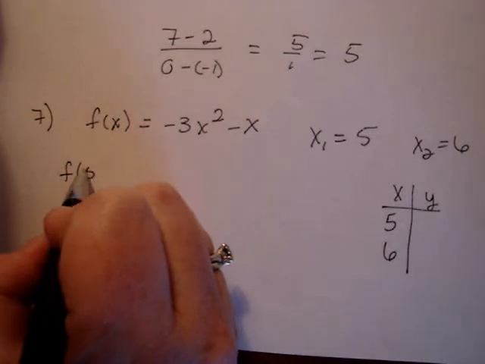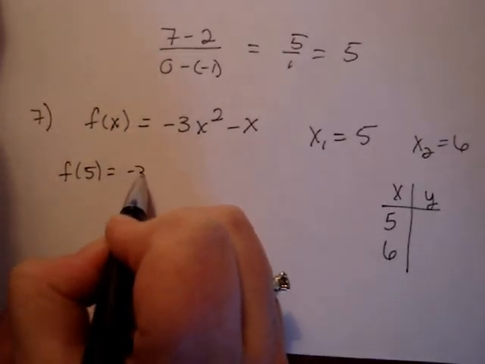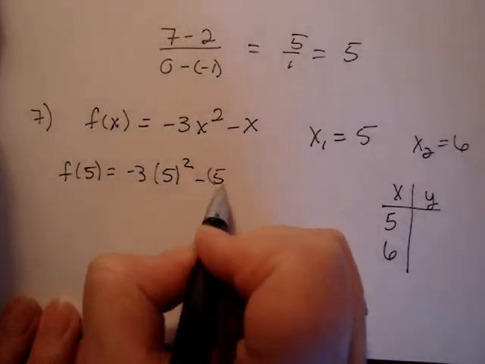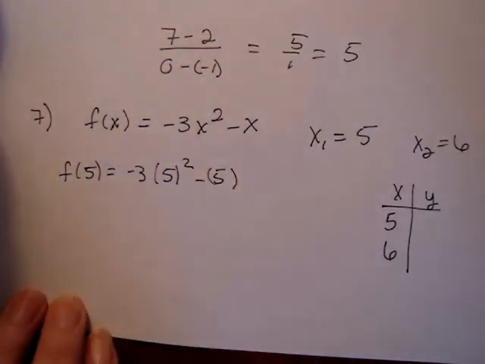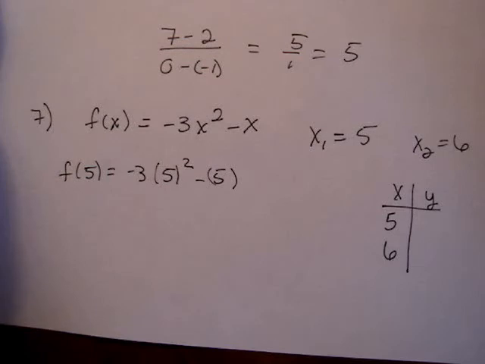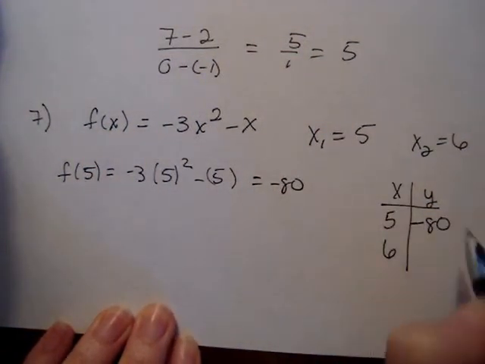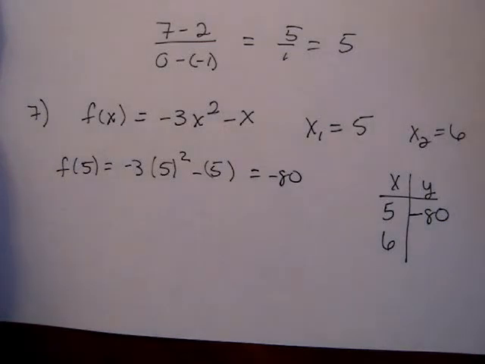So f of 5 is equal to negative 3 times 5 squared minus 5. And let's do the math. That's 25, because remember you got to square first. Don't forget your order of operations. Times negative 3 would be negative 75, minus 5 would be negative 80, right? Someone better double check, but I'm pretty sure that's negative 80. Okay, the next one,